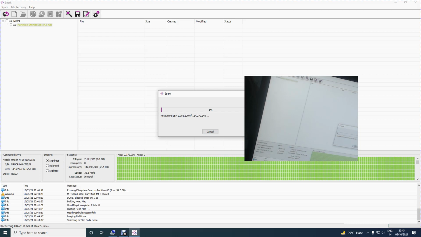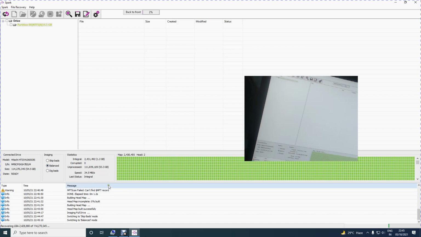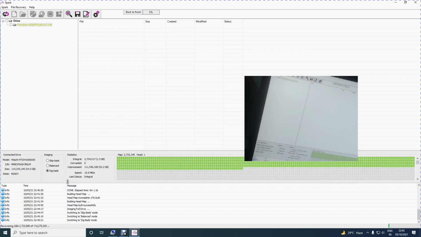But if you do it on balanced, then maybe the speed will reduce drastically. See, it is reducing now, 21 MB/s, 15 MB/s. Now I will put it on dig bad and see whether there is a further reduction of speed. See, the speed has become KB/s. The speed has become KB/s now.